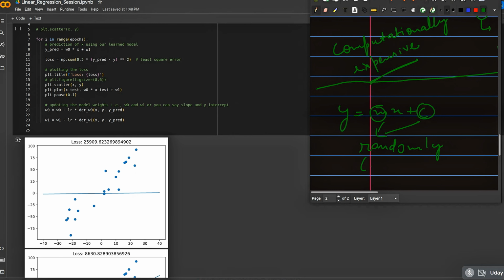initially, like for starting. Initially we take something, and then the slope will be almost some 0.001. Let's take that, and the intercept, this is m, and the intercept will also be something like minus 0.02, let's say. Okay, so we randomly sampled this, and based on this we took this, and our data